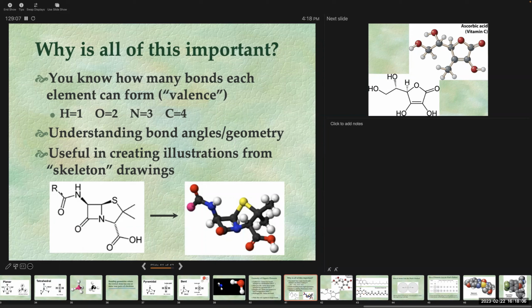So for one thing, in this type of shorthand picture, every corner point where 2 or 3 or 4 lines come together represents a carbon, unless there's some other letter there. So there's a sulfur up here at the junction of these 2 bonds. There's a nitrogen here where these 3 bonds are coming together. There's another nitrogen up there. There's some oxygens, but every single other corner point and every other end point of a line actually is a carbon,